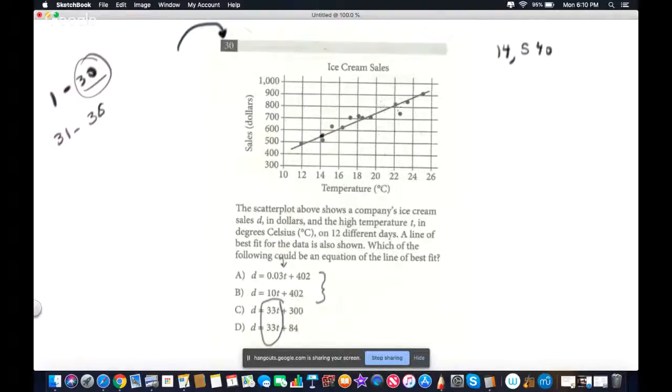So then we'll find another point. How about this one up here, which is like 22 and then a little bit more than 800. I'll call it 810. Okay, so if we did a slope analysis, the difference between these two points is, let's see, 270, I believe. And then the difference between these two points is 8. And 270 divided by 8, I could bust a calculator out, but just real quick here, that would be 135 over 4,